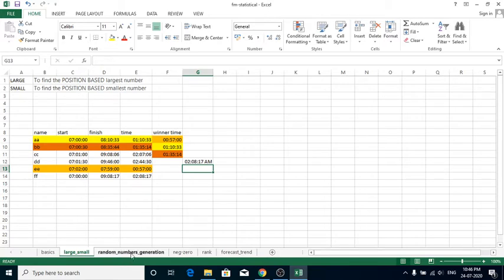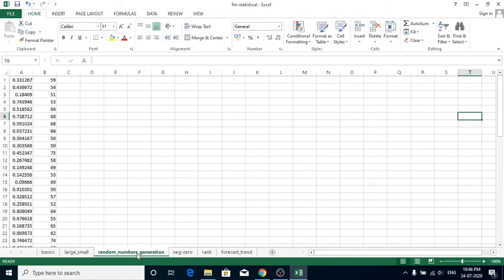Okay. Now next is random number generation. Random number generation is to generate numbers randomly, and here we have used two random functions, RAND and RANDBETWEEN. If you want to generate random numbers from 0 to 1, then you can use the RAND function.